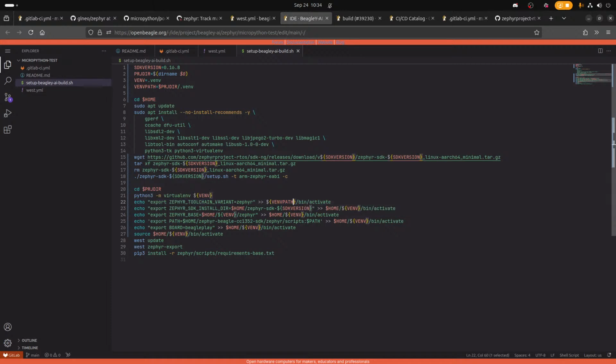I don't know why you would want to, but if we're hard coding something, let's make it a variable. But this is no longer. This is going to be Zephyr base. Oh no, Zephyr base is going to be the project directory.